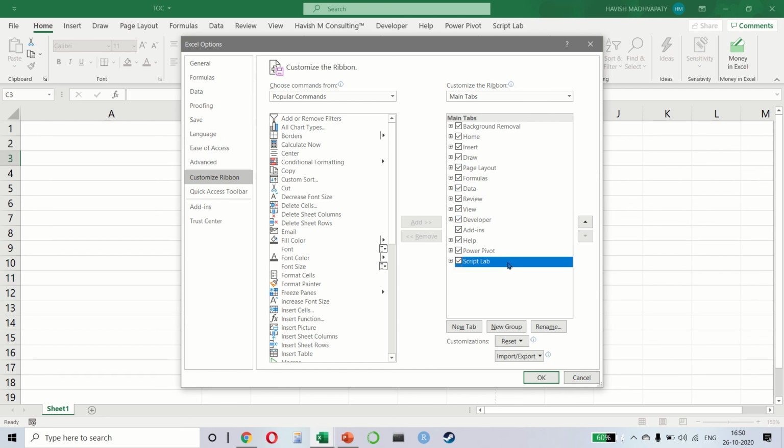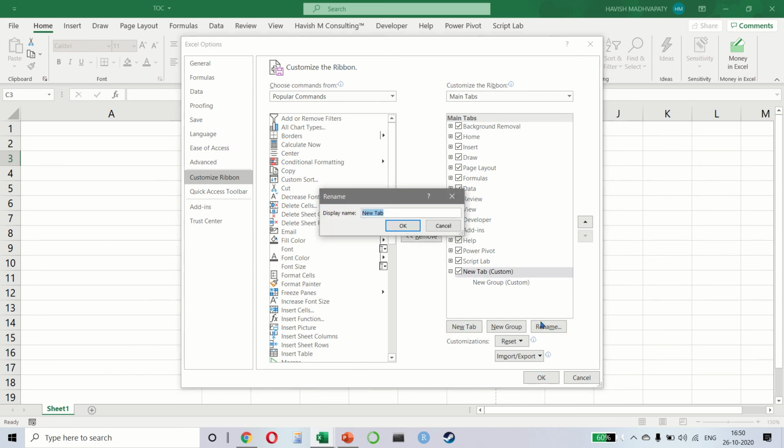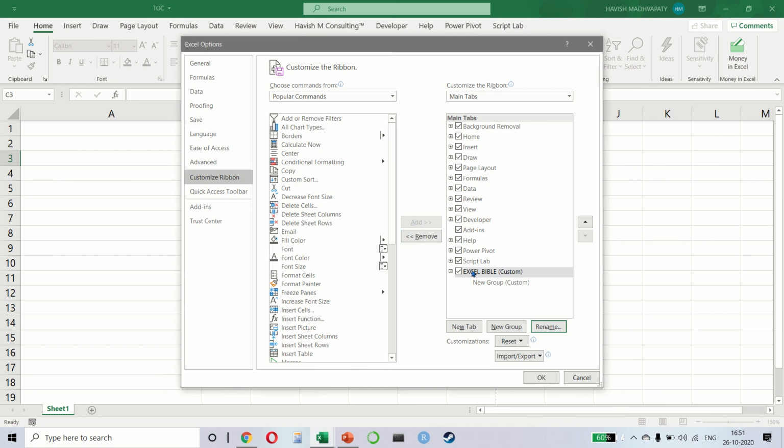Don't worry if you don't see Power Pivot and Script Lab, we'll be doing that later. If you want to, you can also create a new tab. For example, I can create a new tab and let's just rename this and call this Excel Bible. And in this new tab, we want to create two groups. We can call the first group as